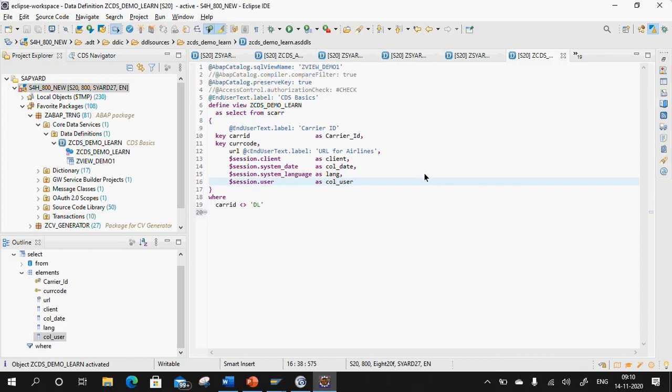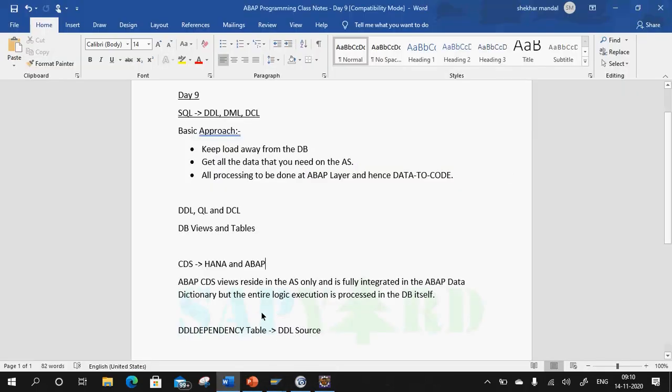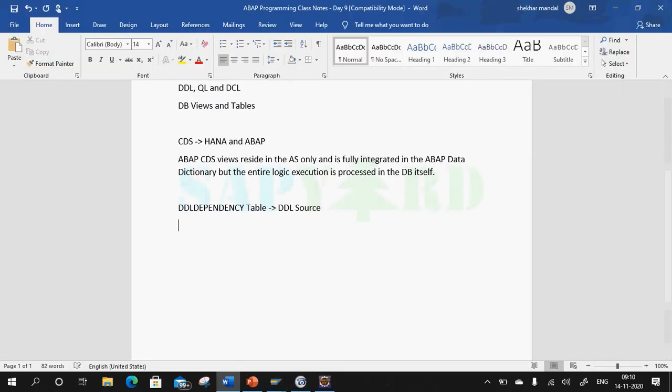Control and F3. Once you do, it will activate the same. So you had better be aware of the reserved keywords because you cannot use them: user, date, similarly current_user and current_date.